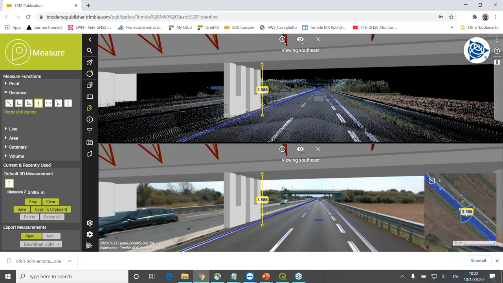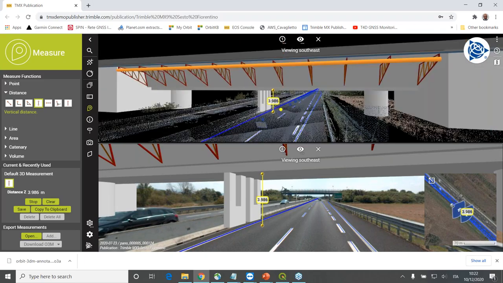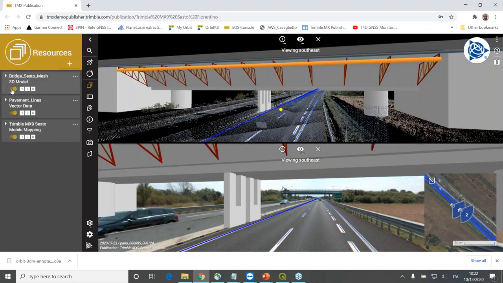And this is a quite nice tool to make verifications on your mobile mapping data, how well the design of, in this case, the bridge is fitting with the reality, with the point cloud. So just to make your kind of feasibility studies on a project, which in this case could be the realization of this project. All right, let me just clear the measurement